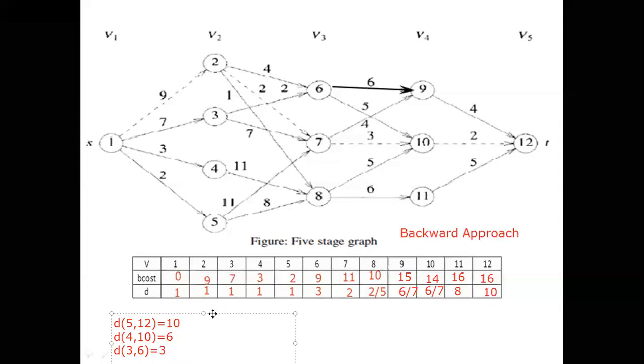Next value, I will adjust this one so that it will go to the top. Next value is D of the stage number 2. 2 comma, what is the value? You got it here. That you have to write. It is 3. Equal to 3. What is the value? It is 1. We reach the 1. All right.